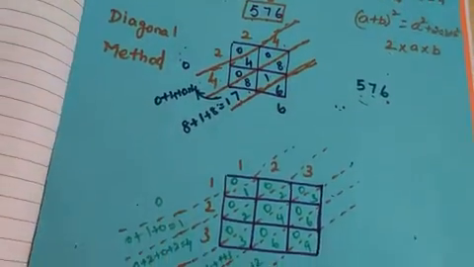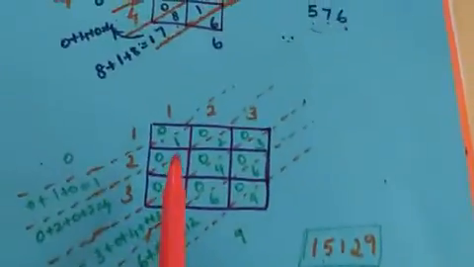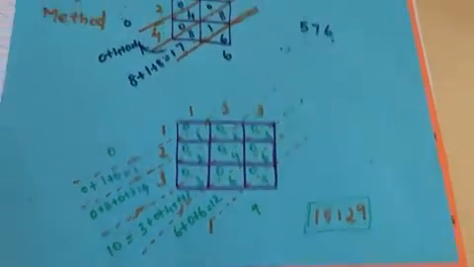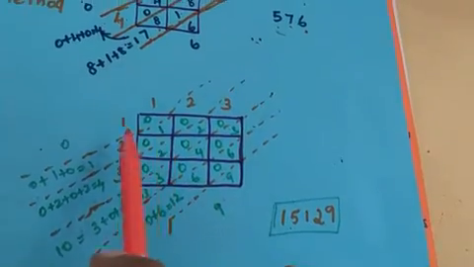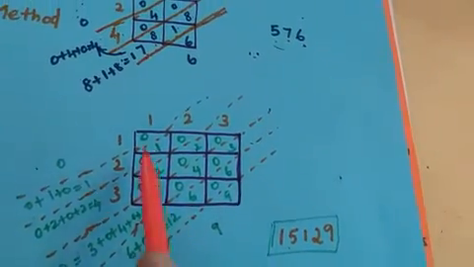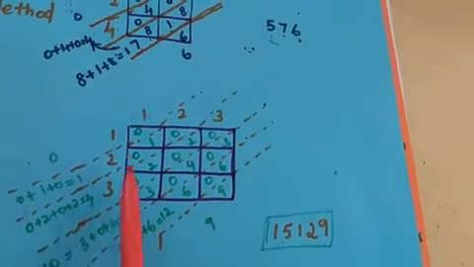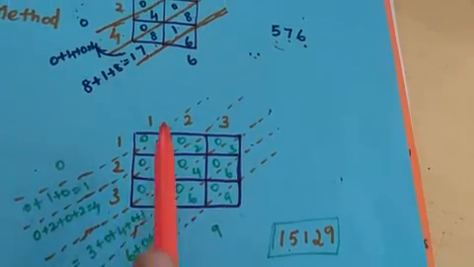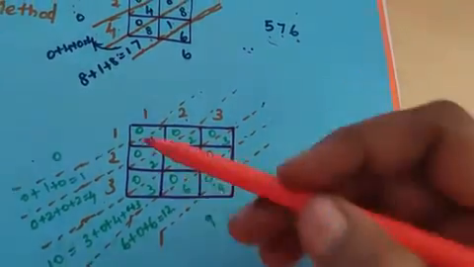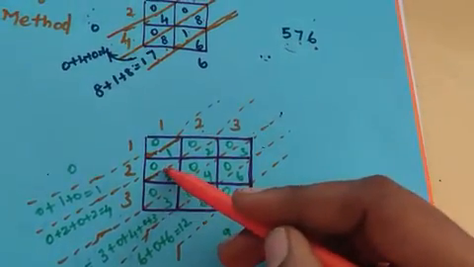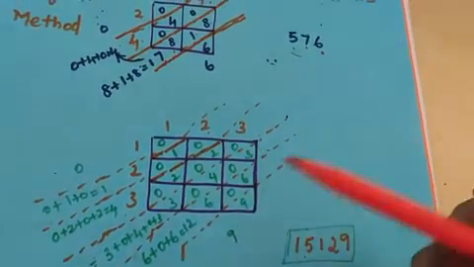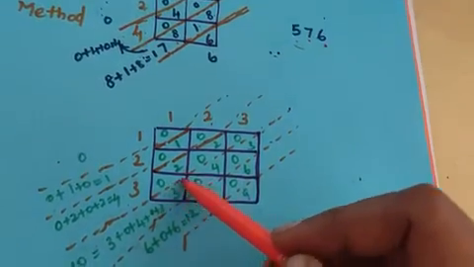A 3-digit number is there. Suppose for example I had taken here 123 multiplied by 123. I already told you if it is a 3-digit number, you have to take a 3 by 3 square. Right? So I made it a 3 by 3 square. The numbers will be written here, 1, 2, 3 and 1, 2, 3. Now you have to draw the diagonal so that you can write the numbers easily. I have already drawn the diagonal, the dotted line.